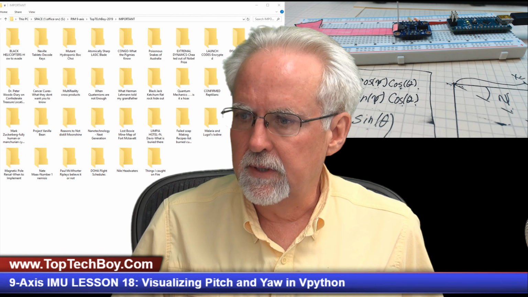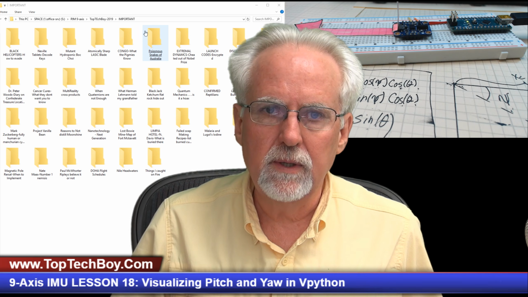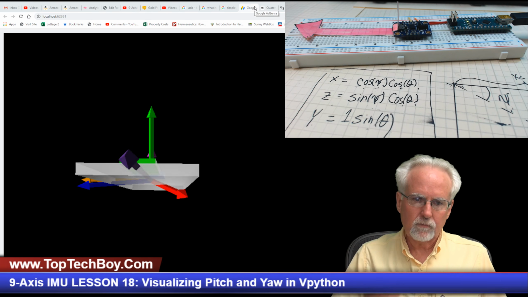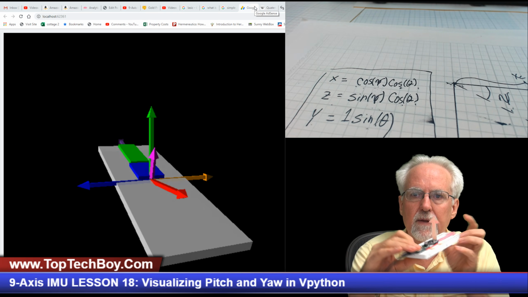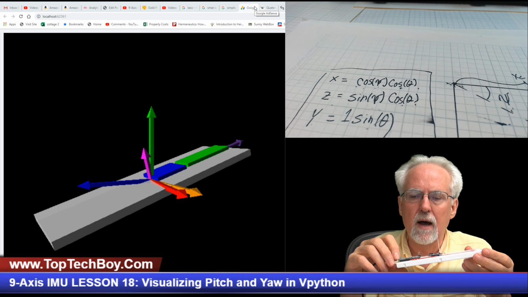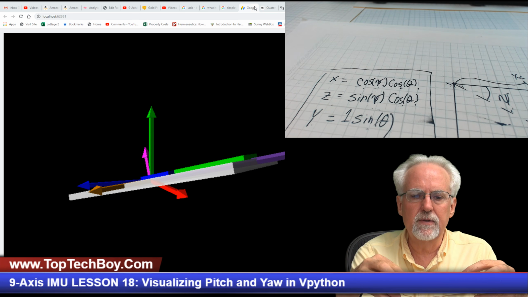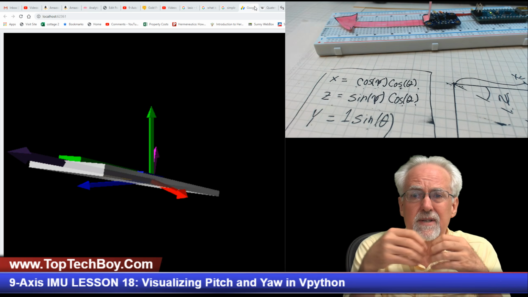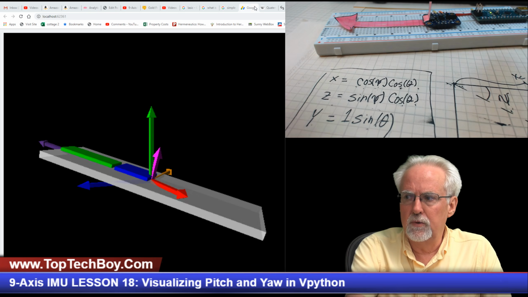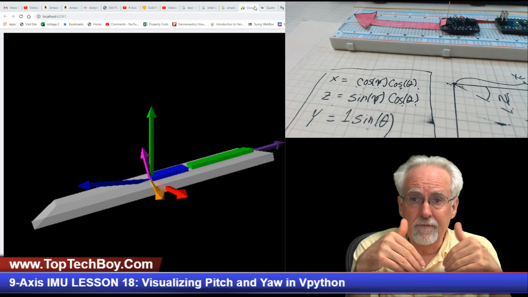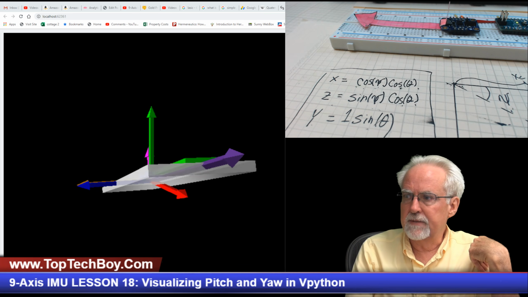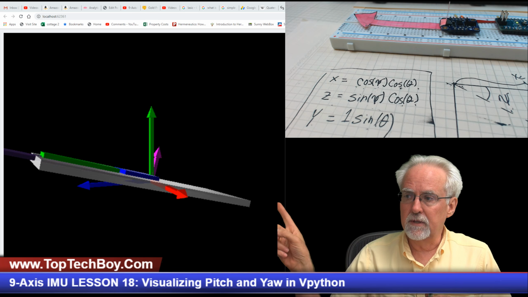We can pick up where we left off last week. Last week we looked at creating a visualization in Vpython that will track our breadboard as it moves around in the real world. In order to do that, you've got to understand some simple trigonometry. And after we learned the simple trigonometry, I explained that the key to getting the simulation to work